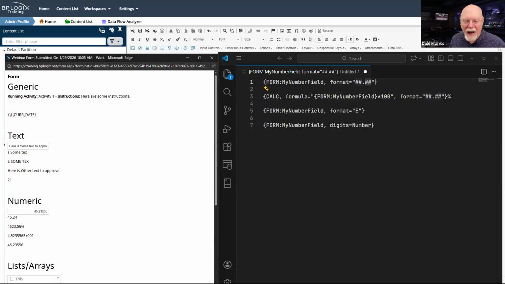But what if I didn't want those extra values? Well, unfortunately, it's going to round automatically for you. So if it's 0.235 and higher, then it's always going to round up. If it's below 5, it's always going to round down. So just something to keep in mind whenever you're using this kind of formatter.